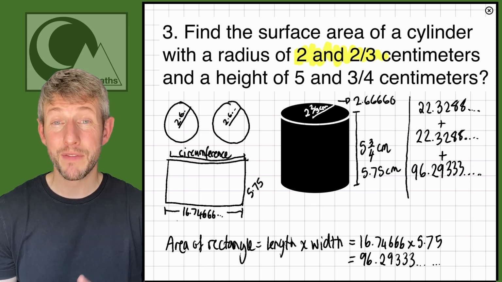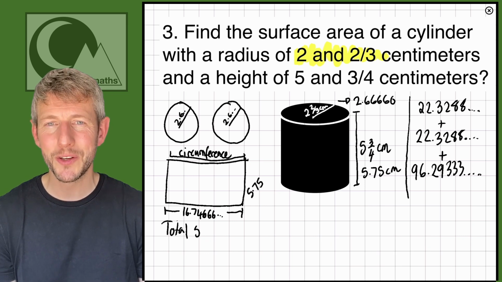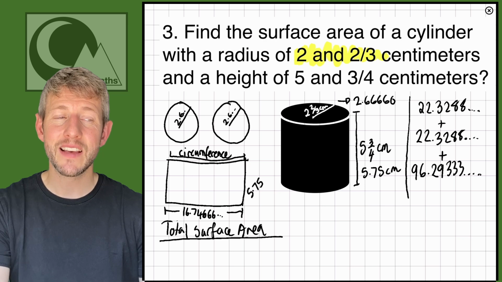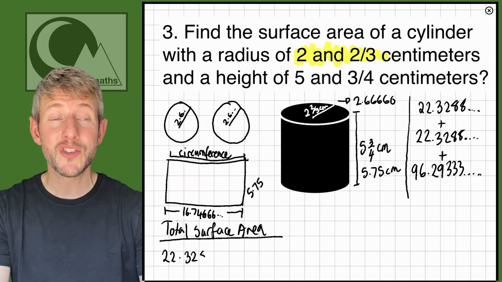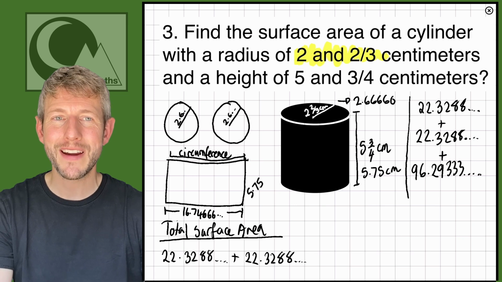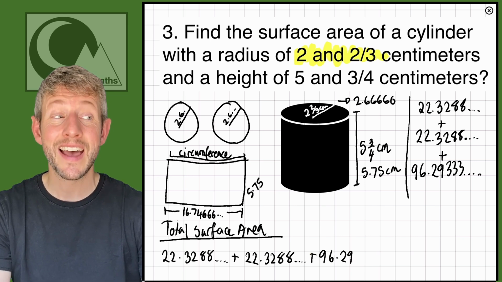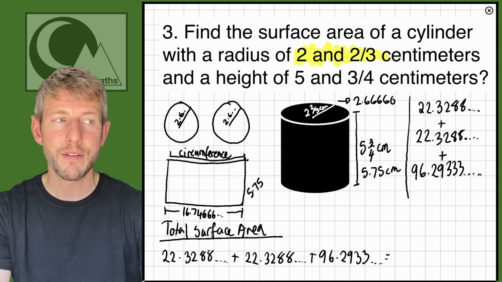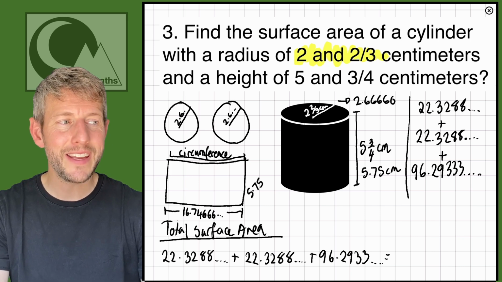Now that I've got the area of the circles and I've got the area of the rectangle, I can add these all together. And what I'm going to find is I'm going to do 22.3288888888, add 22.3288888888, add 96.2933333333, and then that equals